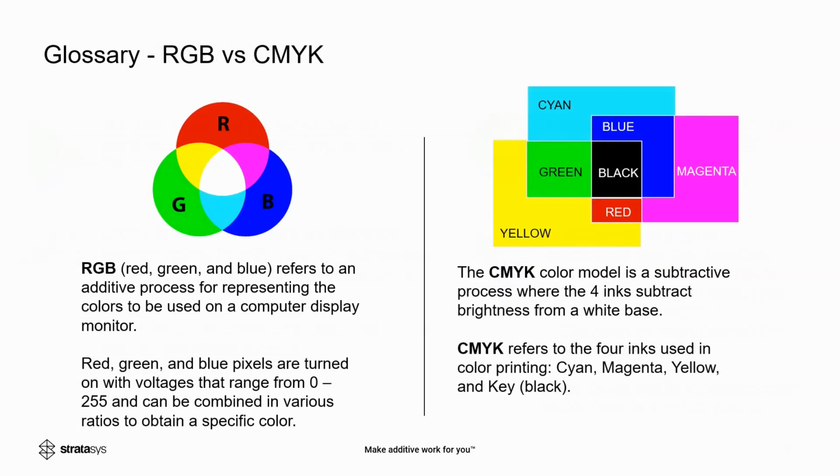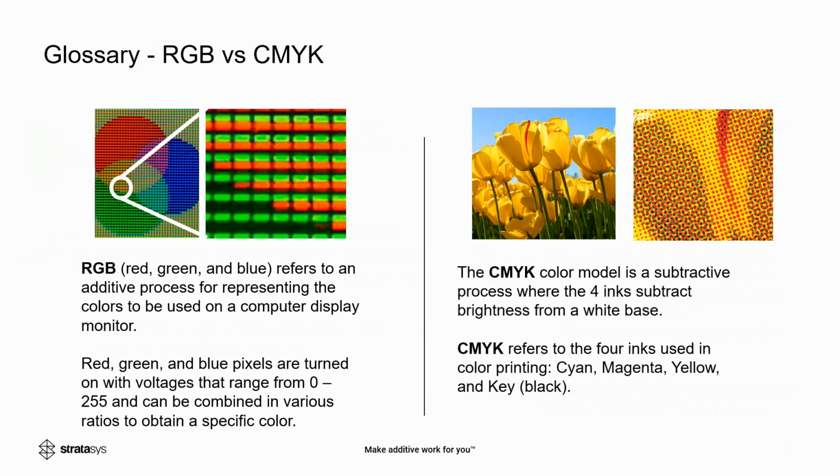Finally, RGB and CMYK. So RGB is what is used on a computer screen or monitor, and CMYK is the output typically from a printer. So RGB is based off light. So in order to render an image, you have 3 different colored pixels, red, green, and blue, and the intensity of the pixel is measured from 0 to 255. RGB 0, 0, 0 would be all the pixels being off, and then you'd have a black screen, and 255, 255, 255